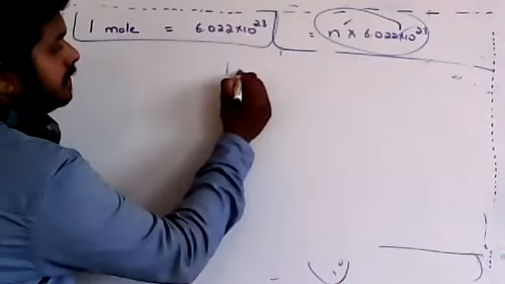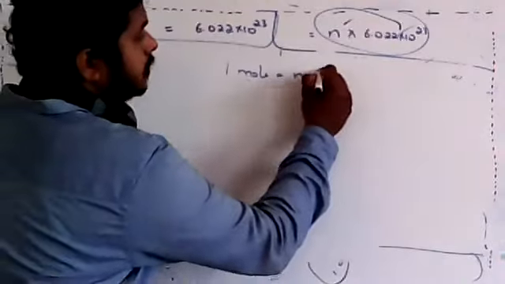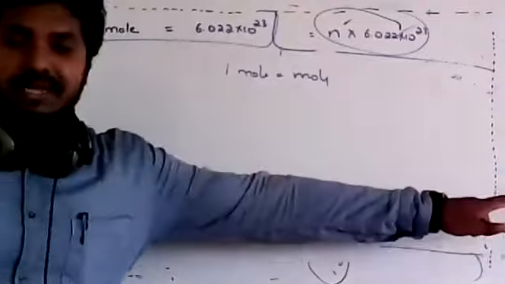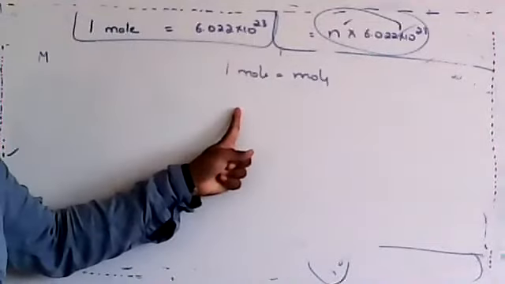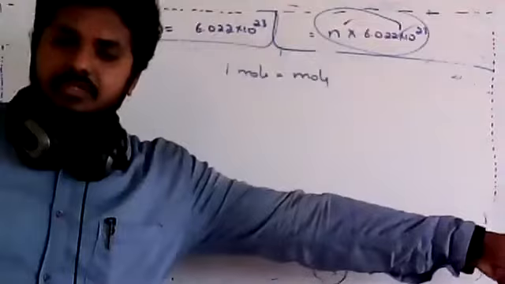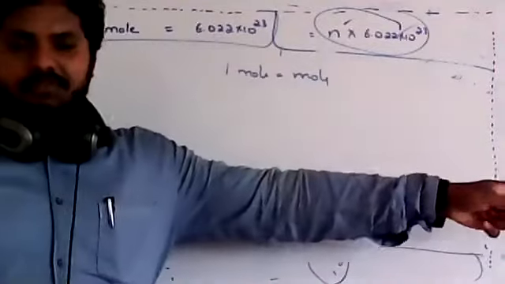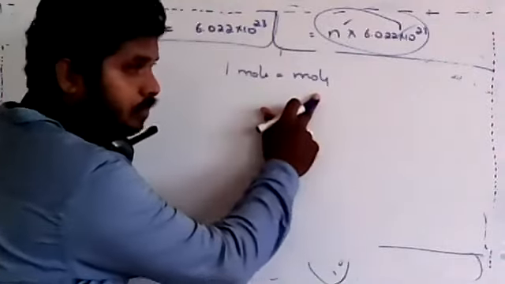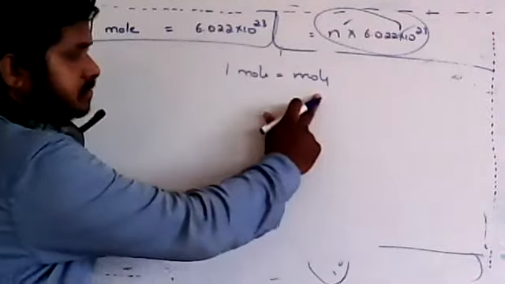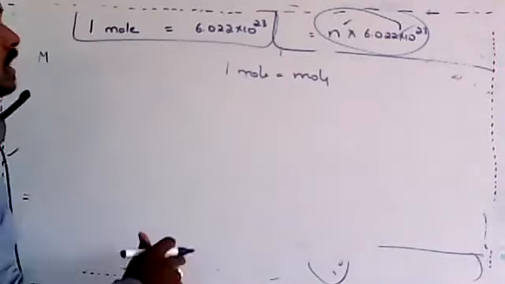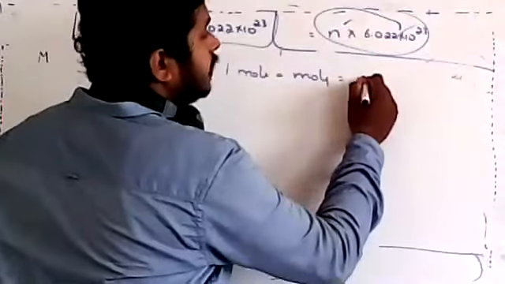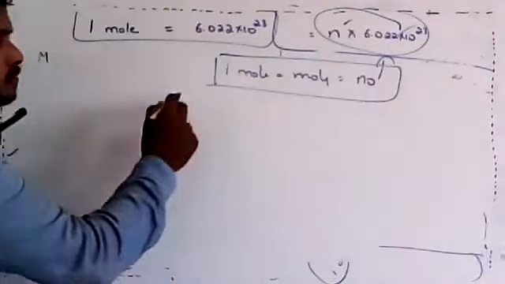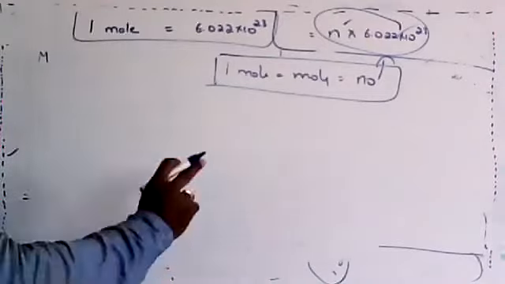You have converted mole to mole, right? It means 1 mole of that molecule was containing these many atoms. So 1 mole of H3PO4 contains 3 moles of hydrogen, 1 mole of phosphorus, 4 moles of oxygen. Like that you have converted mole to mole. The given molecule was converted into atoms. So these problems you have practiced, along with mole to number conversion, using this number 6.022 into 10 to the power 23. So this part you have calculated, right? Dear students, are you understanding? You have just practiced this one.